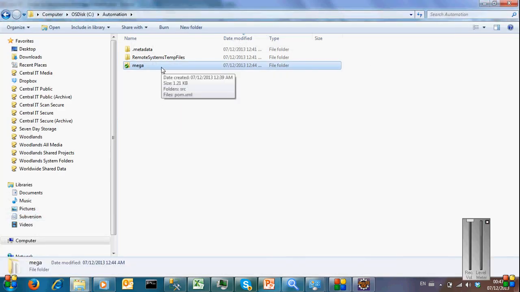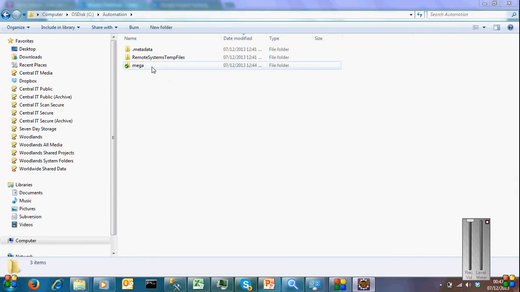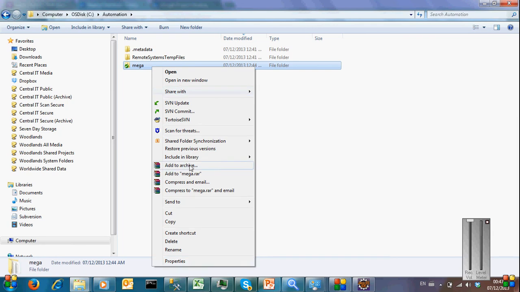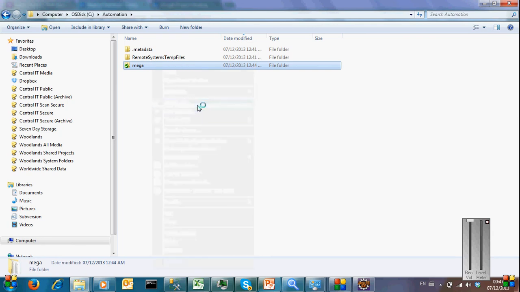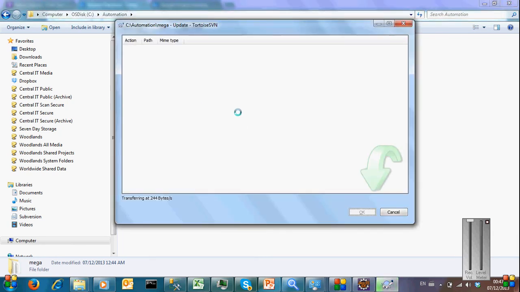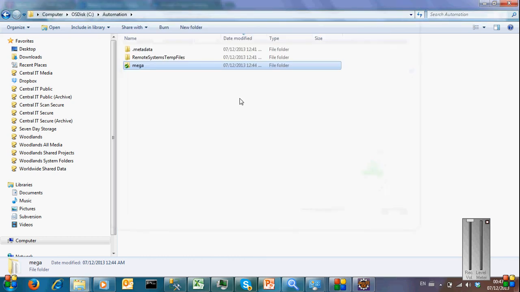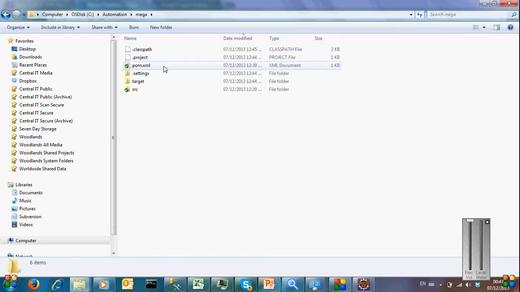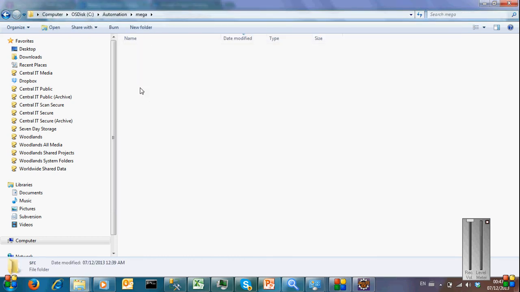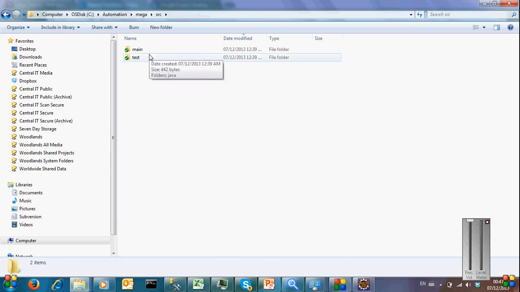Every time you have some code change, make sure that you have your updated code. So right click on Mega and SVN update, which will bring all the latest changes. Because you don't have any changes, it won't bring any, but typically it brings all the changes. So once you have these changes, click on the file that you want to commit. So in this case,